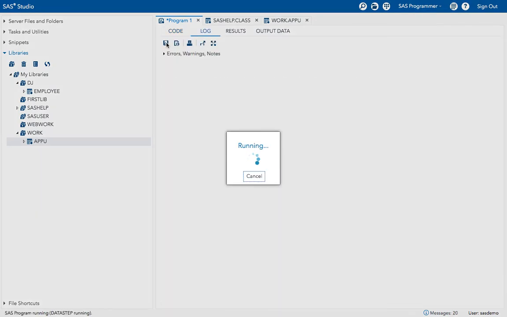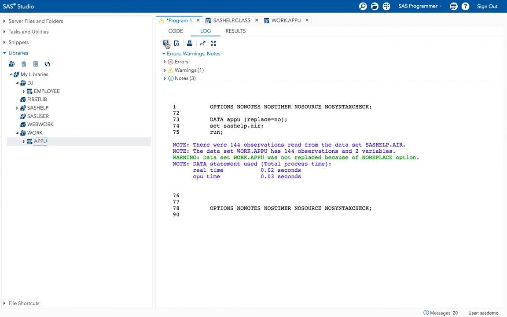I'm running the same program. See, here it is saying there were 144 observations read from the dataset SAS help.aid. Warning, dataset work.appu was not replaced because of no replace option. Now it is not replaced.